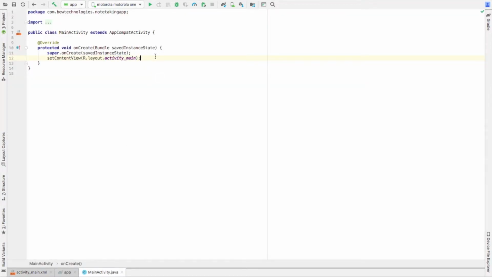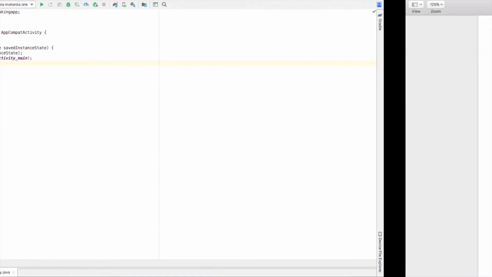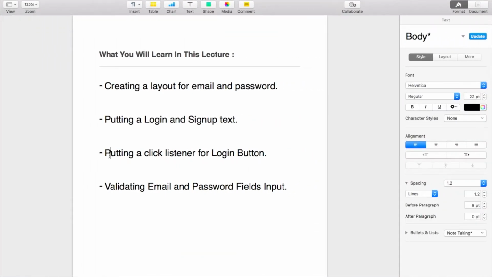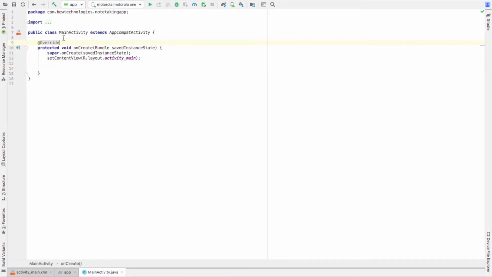So moving on to the next part, which is putting a click listener and validating the email and password inputs. So what we'll do is we'll just create some edit texts. Okay, so email and password are edit texts.